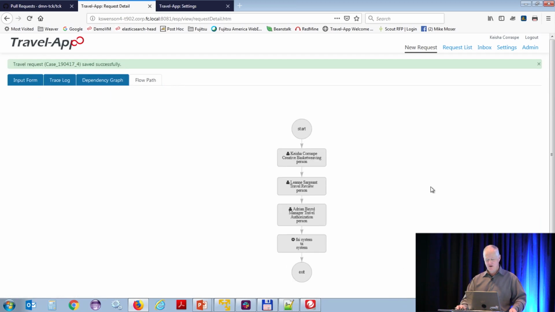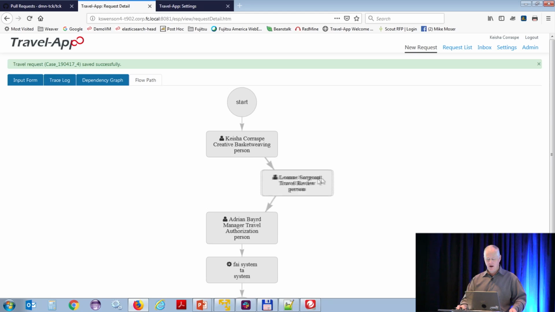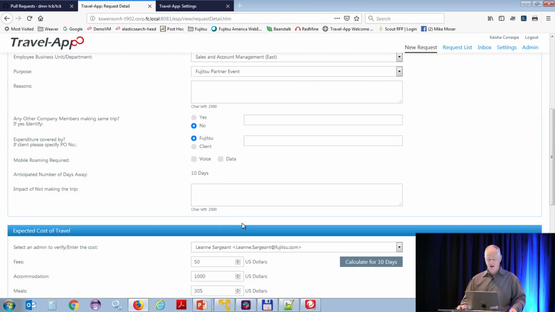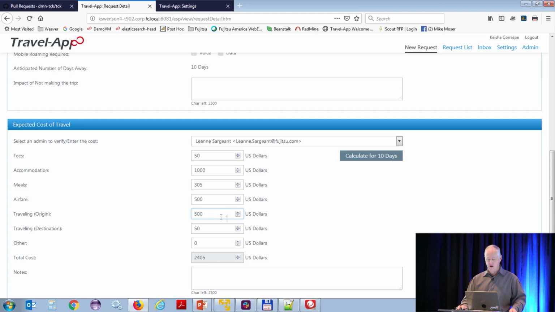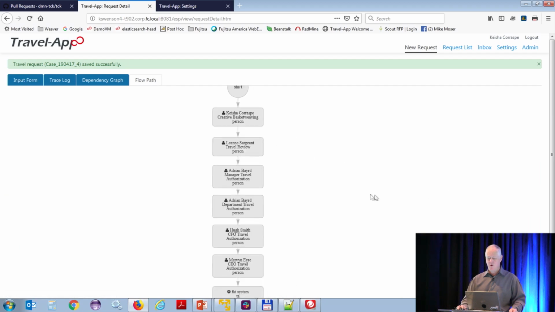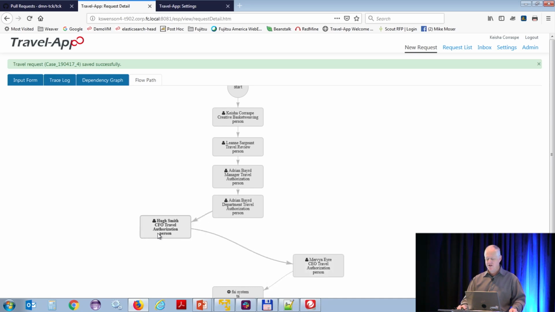All right, so there's the simplified process. It's very short here because the cost of the travel is pretty low. So let me go back and change that. Let me jump the cost of the travel up and save the changes, and then you'll see that the generated path is now more complicated. It has more steps in it. The main process is that the CEO does an approval and the CFO does an approval, and then the department and manager, and then they have this person do the travel review.